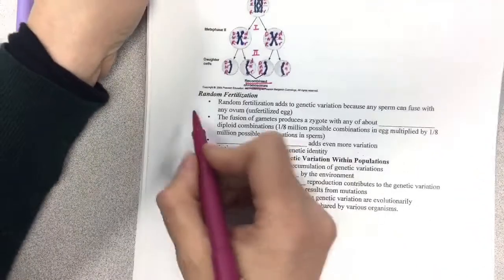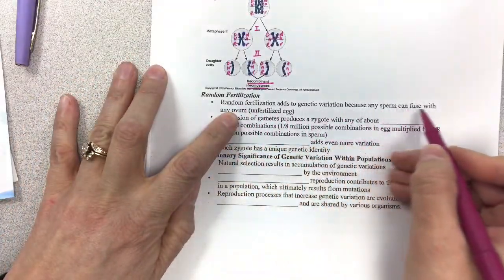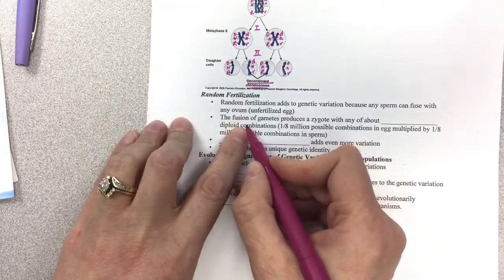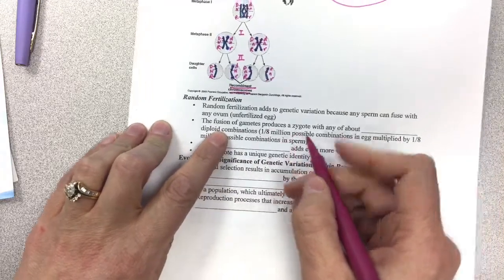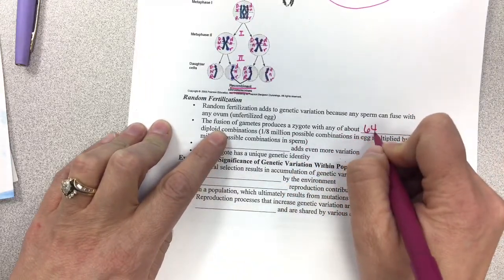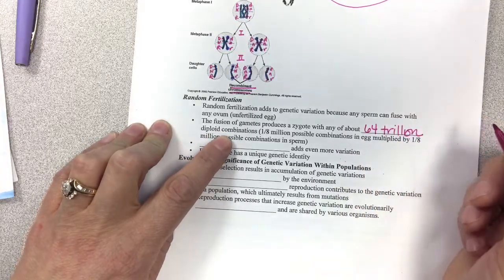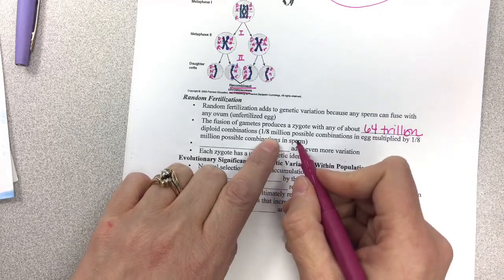In addition, the third thing is random fertilization. It adds to genetic variation because any sperm can fuse with any ovum, or unfertilized egg. The fusion of gametes produces a zygote with any of about 64 trillion diploid combinations. And so this is what we call the rule of